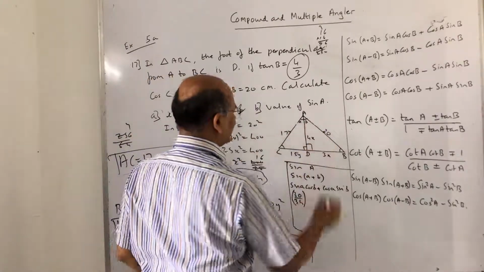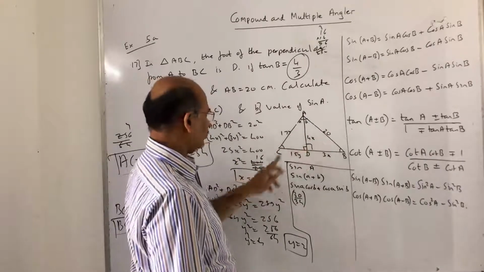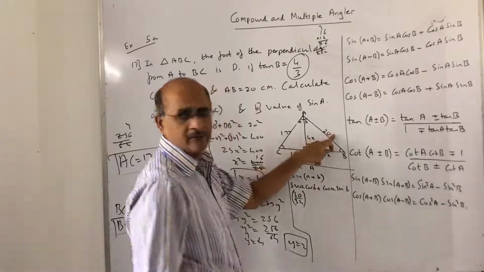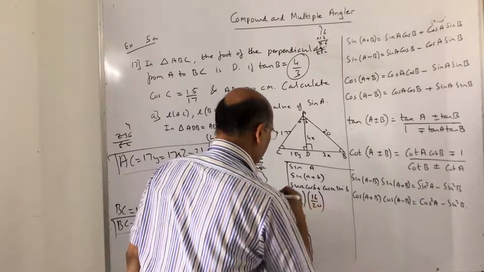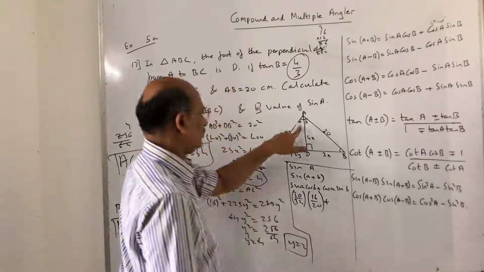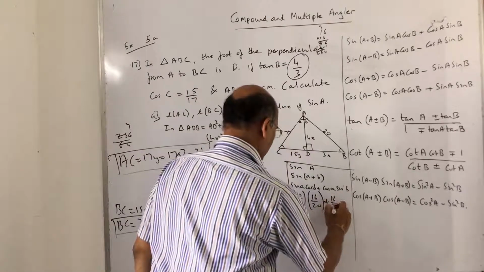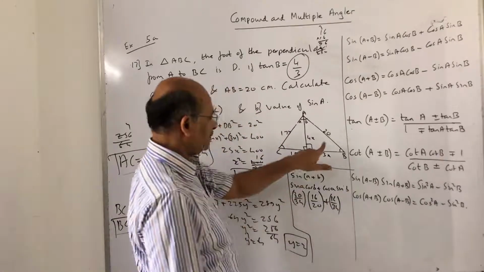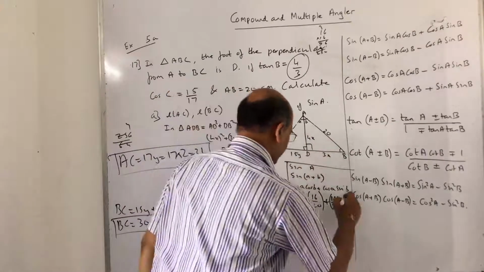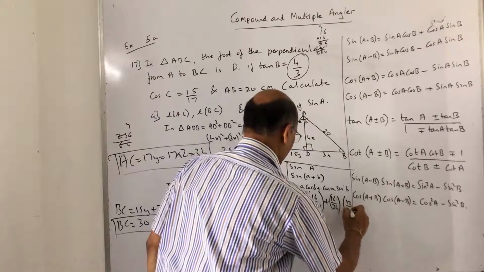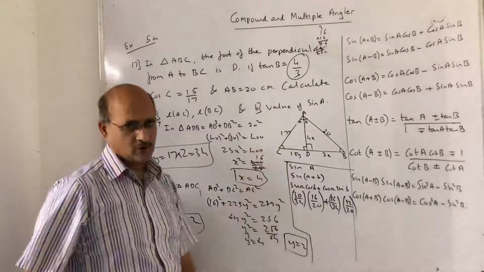So cos B is nothing but adjacent upon hypotenuse. So 4 fours are 16 because the x value is 4. 16 upon 20, plus cos A. Cos A is 16 upon 34 and sin B. Sin B is here opposite, that is 3 fours are 12 upon 20. 12 upon 20, right? Calculate and tell me what is the answer. That's the final output you got.